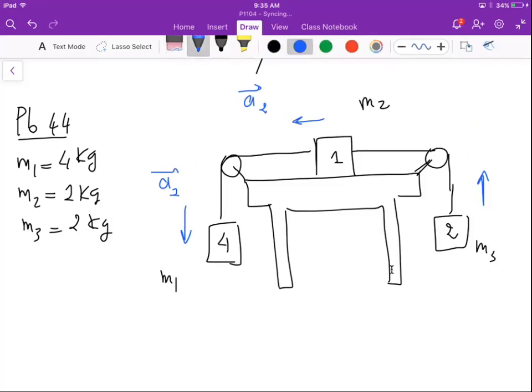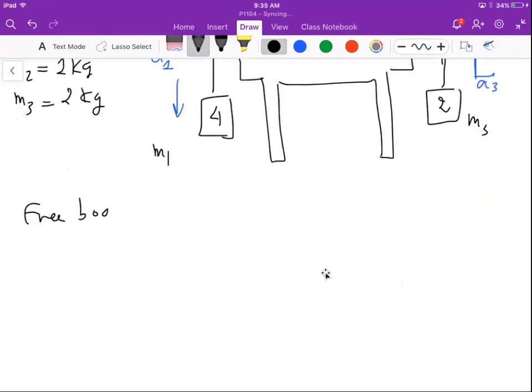So this is A3. Okay, in the given, we are asked to draw the free body diagrams of each of the objects, and we have to determine the acceleration of each one and their direction. So we already determined the direction of the acceleration. Let's now draw the free body diagram on each object and then apply Newton's second law. So I will just put it aside. Let's write them here. So the free body diagrams for each of these blocks. So for M1,